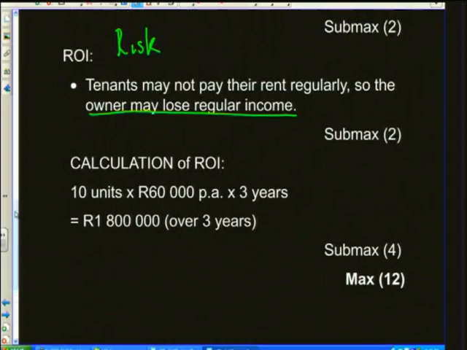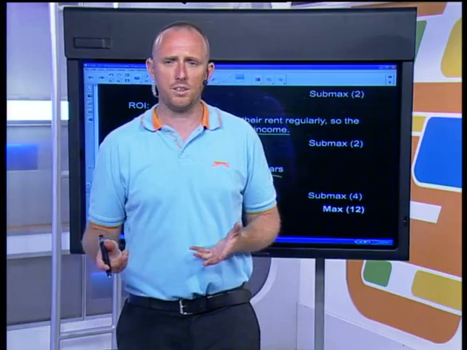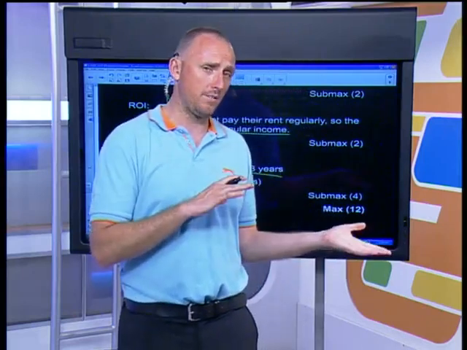So let's work out how much money we'd have in the end there. So in the end, we have 10 units times 60,000 Rand per annum over 3 years, and we end up with a total of 1.8 million Rand over the 3 years. Not the highest return that we've got, but it's still pretty decent. However, one thing that we can see here, you'll see that there was no compound interest on that. We didn't earn any additional interest like we could have on our other investments.